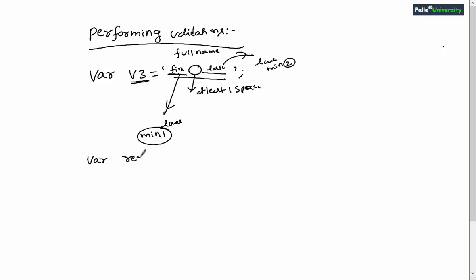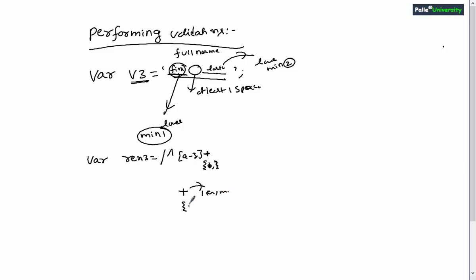Now I will show you the regular expression required for checking whether this v3 variable's content is present in valid format or not. First let me write /cap. I want to check whether the first name is present in valid format or not. So first name requires lowercase a to z characters, minimum one character, and the maximum can be any number of characters. How to check that? I can write either plus symbol over here, or otherwise I can write curly bracket 1 comma. Both are having same meaning. So when I write plus it means one or more, right?